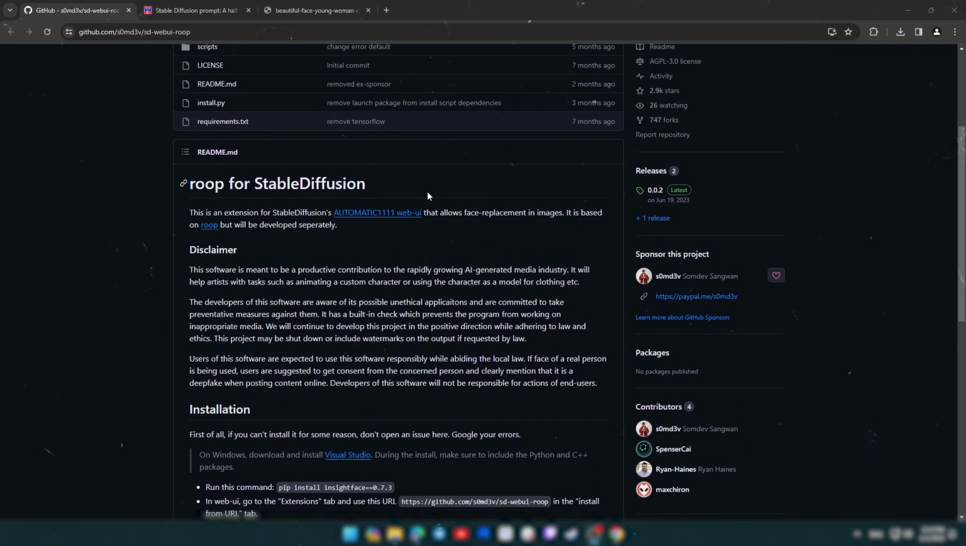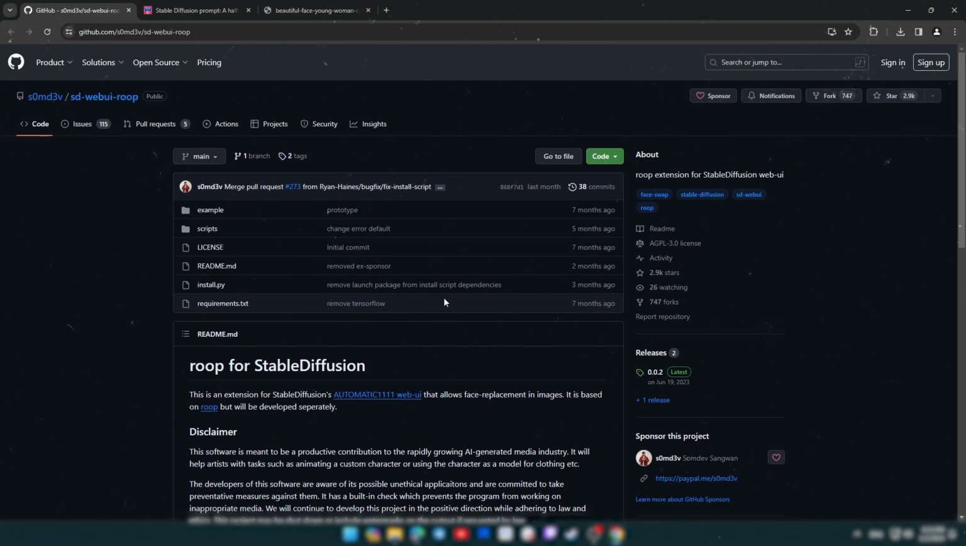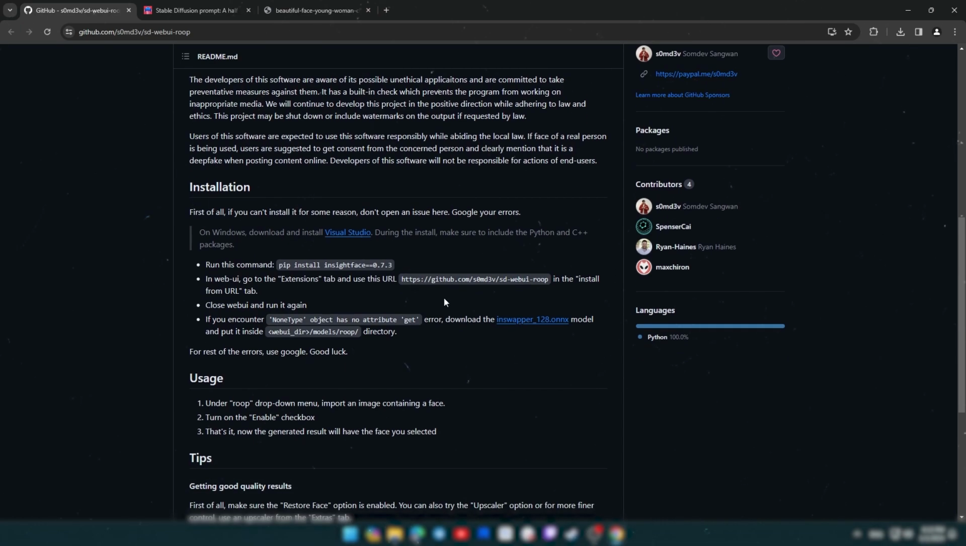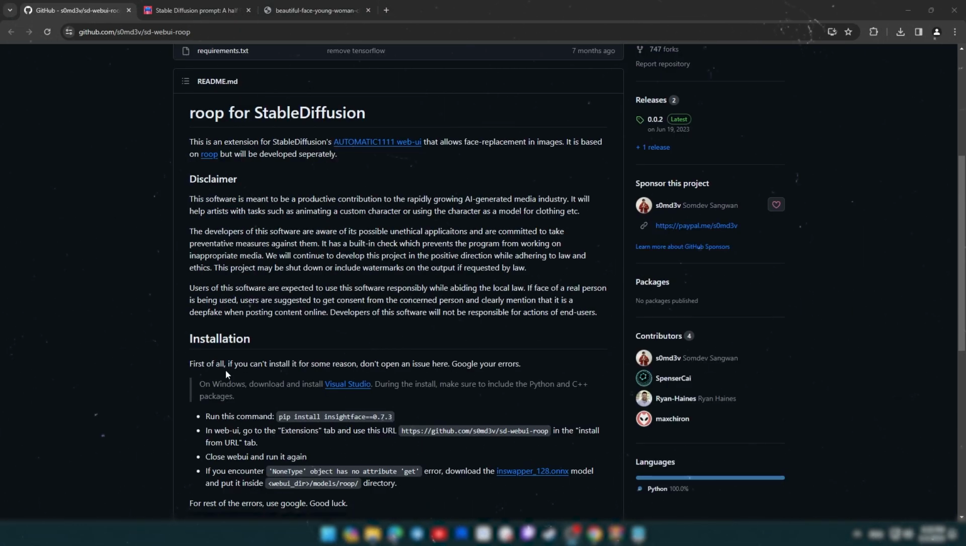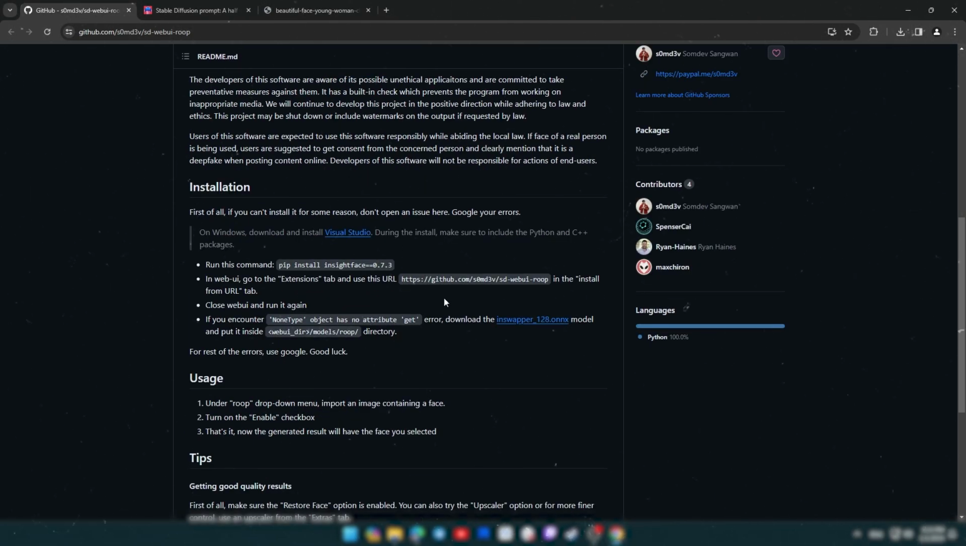How to use Roop Deepfake in Stable Diffusion. Let's imagine that you have installed Stable Diffusion. So first of all, you need to install the Roop extension. To install it, you need to click the link below the video in the description, and here you'll see a GitHub article